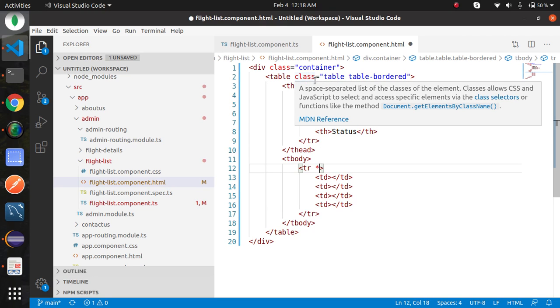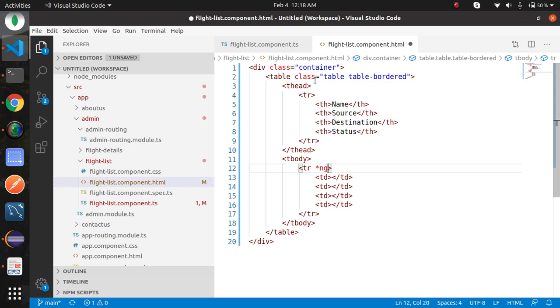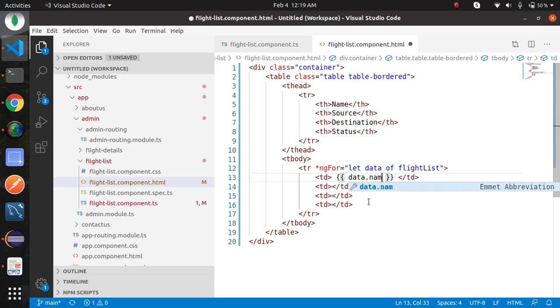Use loop statement to iterate the flight list, that is ngFor. ngFor is a loop in Angular to iterate data. Syntax is asterisk ngFor equal to let, this is data type, then data of name of the array flight list here. In place of data you can provide any name according to your wish. Now use double parenthesis to view the data dot name.